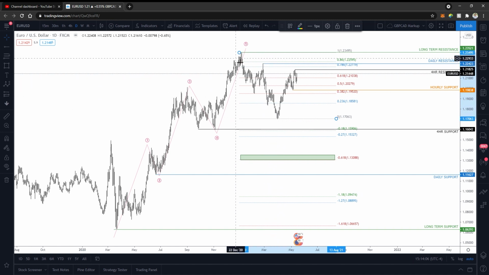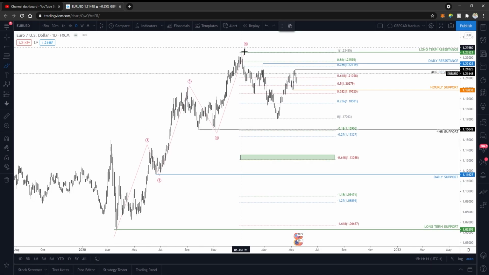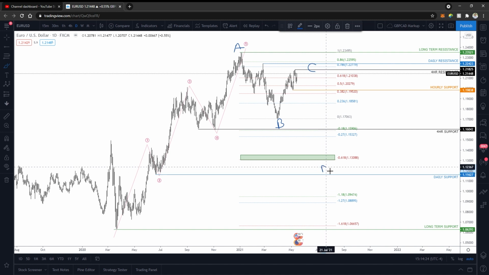Oh, I'm sorry, this setup, because I measured from this high. This is A. Let me write this out. And this would be on the higher time frame, B, C. And this is what I'm thinking. If we don't break above here, right? And so what gives me a little bit more confidence about this level